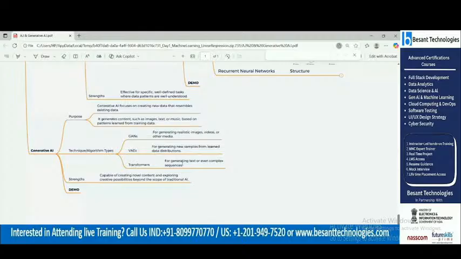You must have heard the name, right? Generative adversarial network is a type of AI model in which you are using neural networks. Clear?